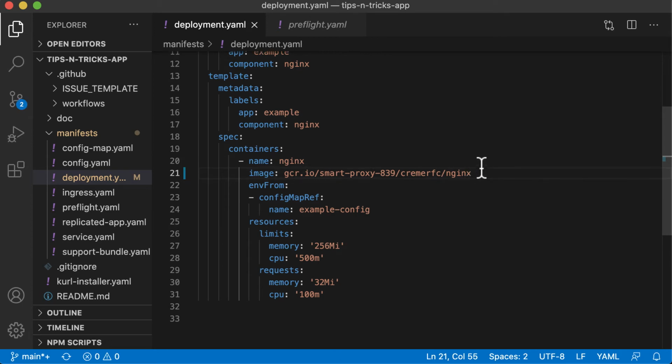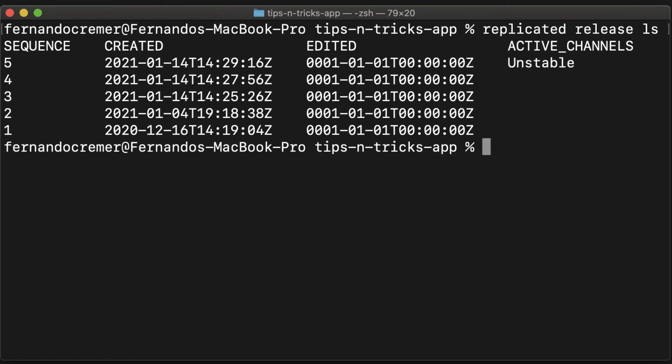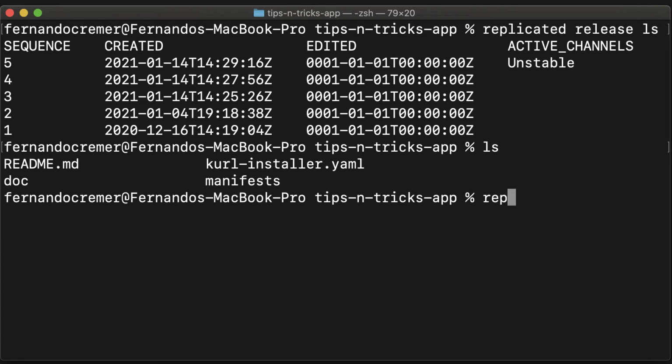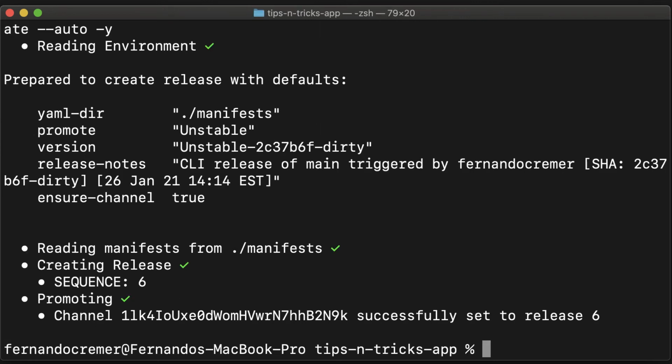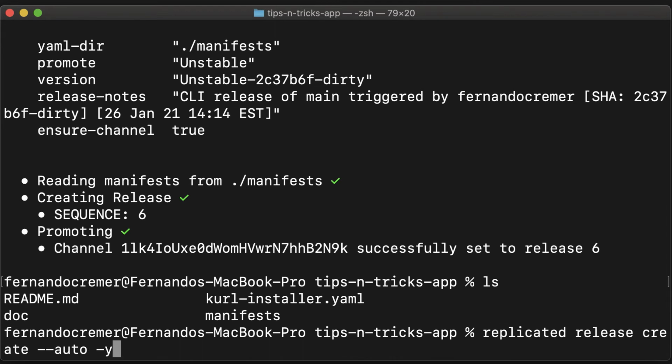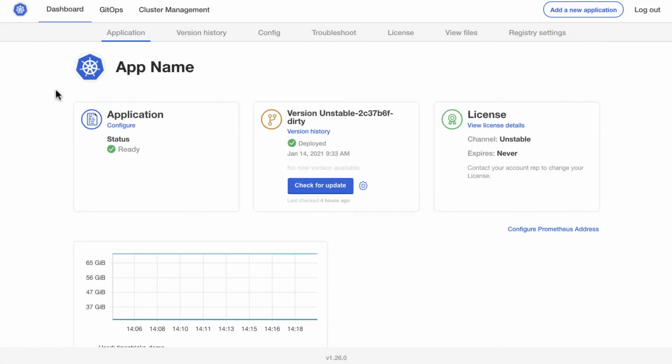If you followed the previous videos, you probably already know how to use the replicated CLI, so I'm not going to go through all the steps to get it set up and running, but at a high level here, I have it set up where I can list my channel. So I have my environment variables set up, my API token, and my application. So simply now I can just run replicated release create to create the next release. We have other videos that will walk you through how to get started with the CLI if you're not familiar with that. Once my release is created, all I need to do really is verify again that the sequence 6 is created,